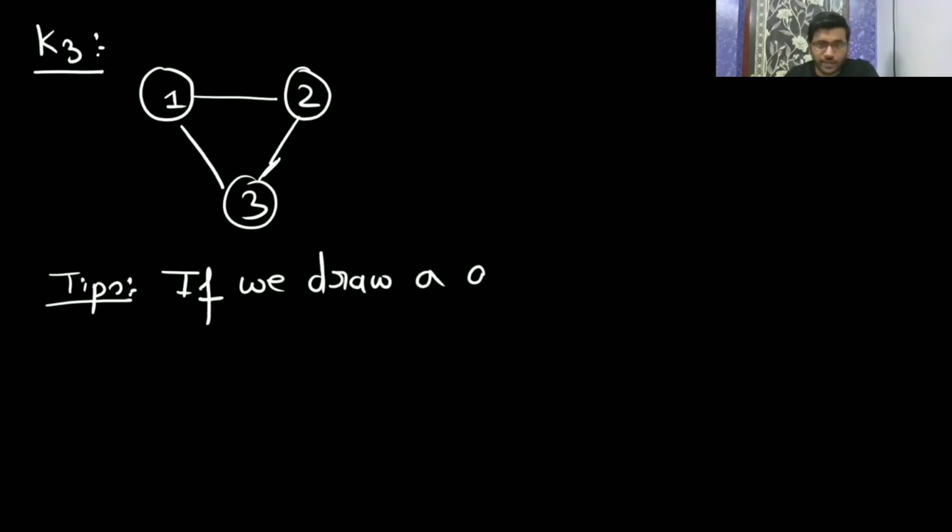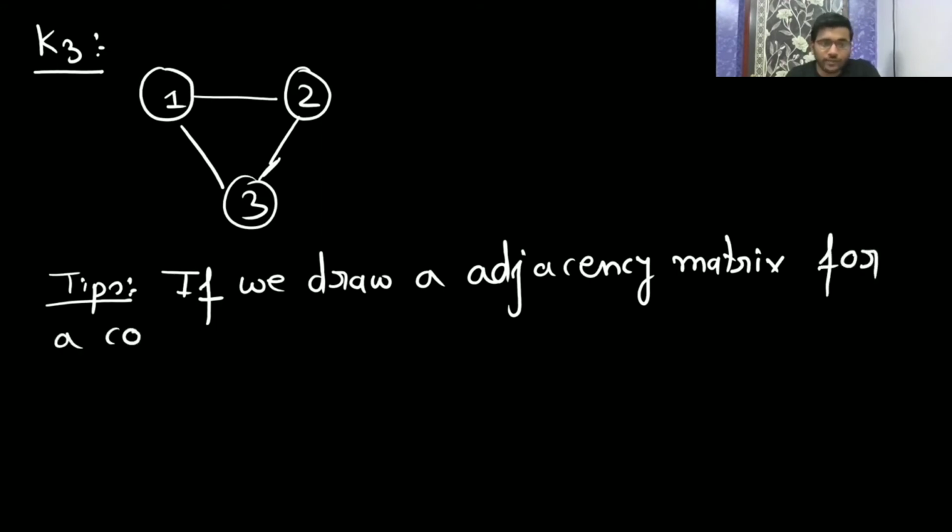Now in a complete graph, the tip is this: if we draw an adjacency matrix, since every node is connected to every other node, it will be 1 everywhere, and only the diagonal will be 0. The diagonal is always going to be 0, and the rest is always going to be 1. If we draw the adjacency matrix for a complete graph,